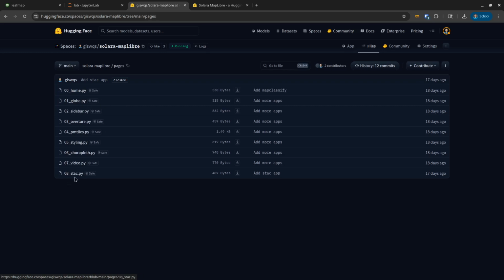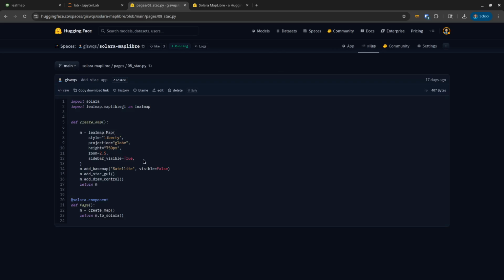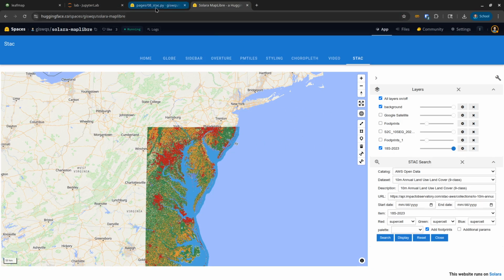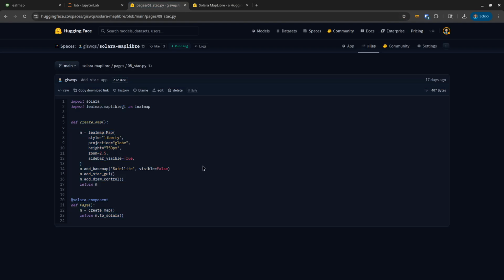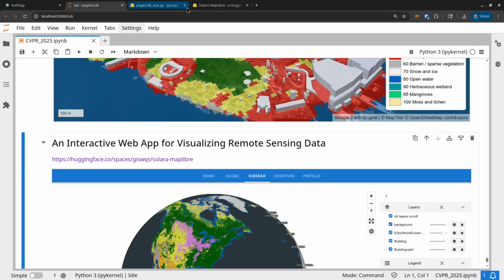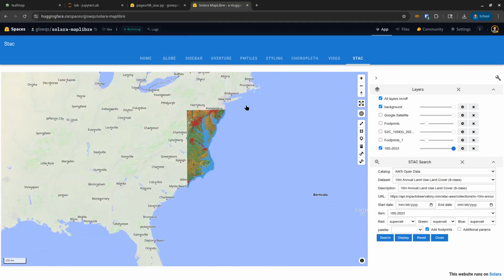So you can see how the map is created. For example, the example that I showed you for searching the data is this many lines of code, okay? But you can have a very complicated graphical user interface that allows you to source data easily. So you can just create a map and then add the base map, add the STAC GUI, add the draw control, and then just turn this into a web application. That's it. So it's super easy and straightforward. So try it out. You're welcome to adapt this to whatever